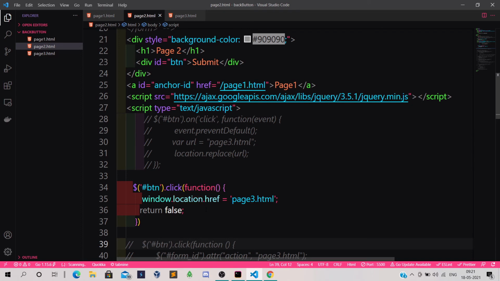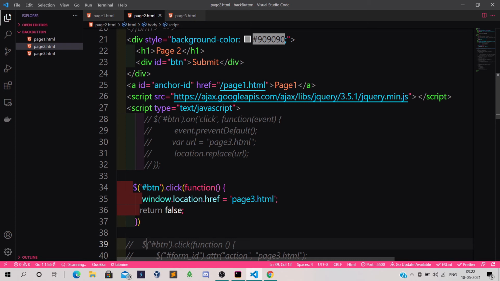Basically window stores the location, the href value. We are just inserting page3.html in that. As of now we don't have any redirection. Upon clicking on that submit text, it will insert page3.html as the location of the window, and we are returning false.